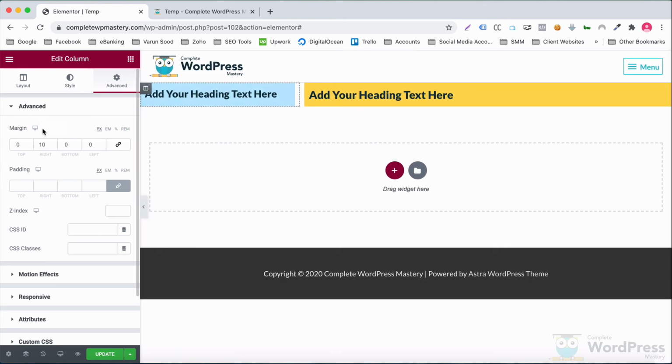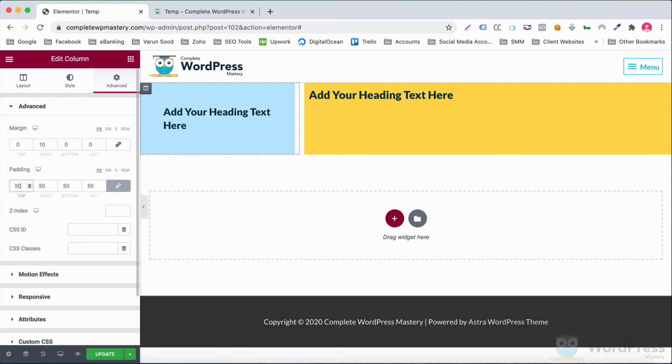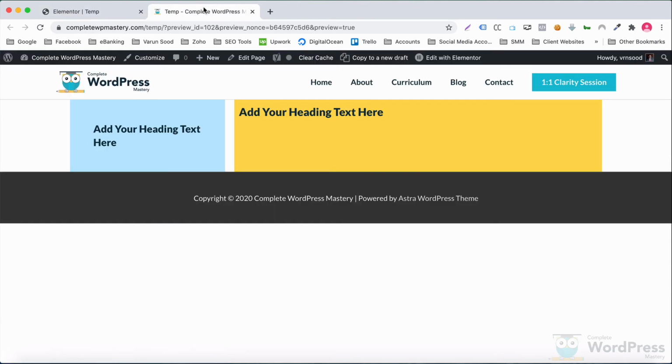So that's how the values cascade down from the desktop to tablet and then to mobile view. Padding, as you know, is the space between the edge and the contents of an element. So if we specify a padding of 50 pixels for the first column, we'll see that the space between the column boundaries and heading text increases.